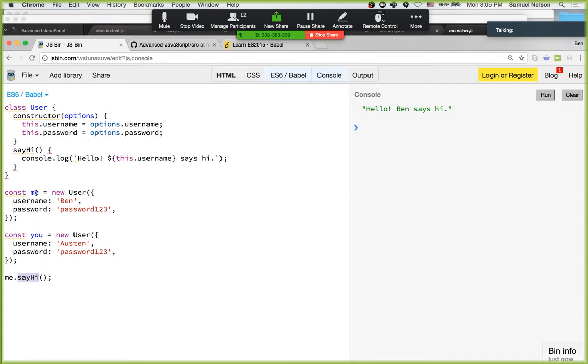it's going to go look at the me object, and it's going to say invoke sayHi. Me's going to say, I don't have a sayHi method. But then it goes and looks on its prototype, and it says, hey, do you have a sayHi method? And the prototype says yes, and it gives them the sayHi method, and it comes back here and it invokes it. So that's just kind of a high level what prototype is, just so you've kind of heard it, but